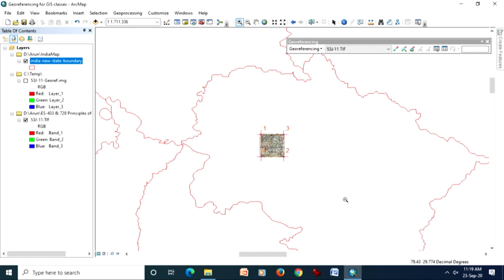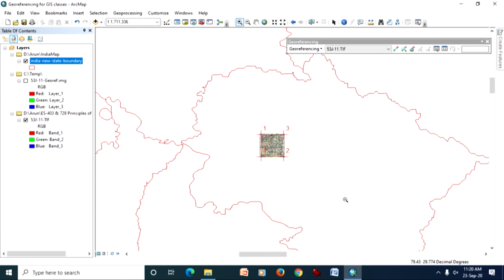So, this brings to the end of this demonstration, which I have shown in between, of data compression, raster data compression, and how those options come at different stages. You choose judiciously about the compression depending on the file format and the size of the file. And the second thing is about georeferencing.